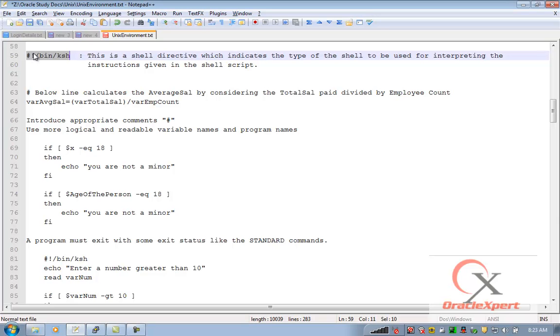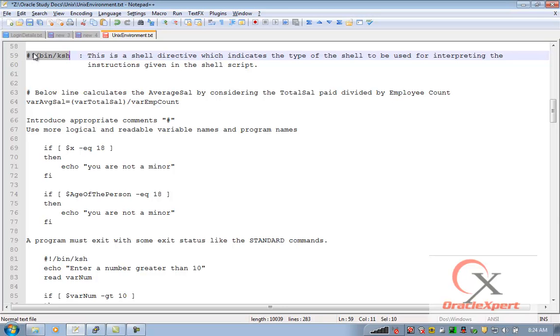So if some programmer has written a shell script, I don't know who has written it 4 years down the line. I am the one who is supporting the system, and my shell script is nowadays erroring out. My program manager says, go and debug this script. Now I am clueless for which shell these instructions were meant for. So my job as somebody who is supposed to troubleshoot that script becomes extremely difficult, because I need to read the entire shell